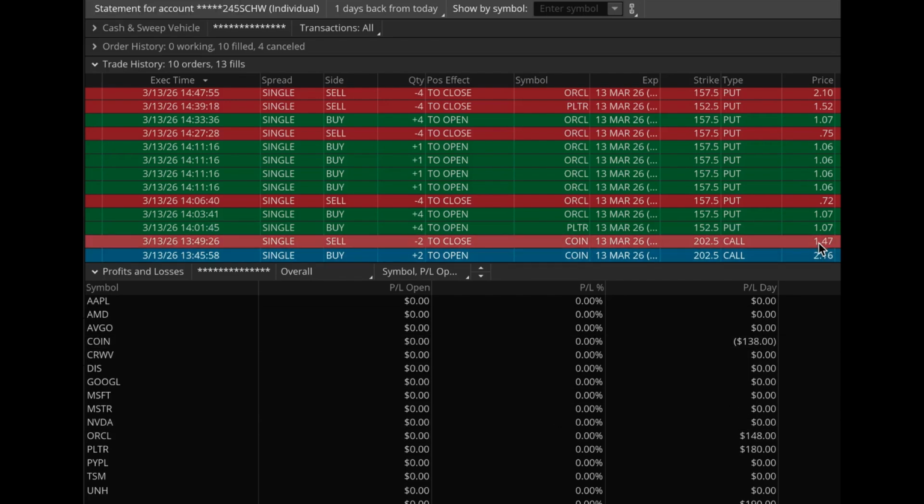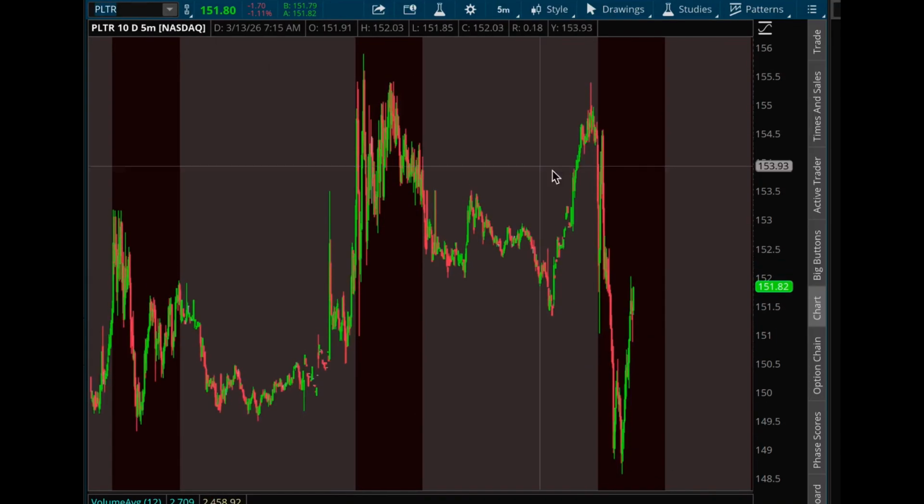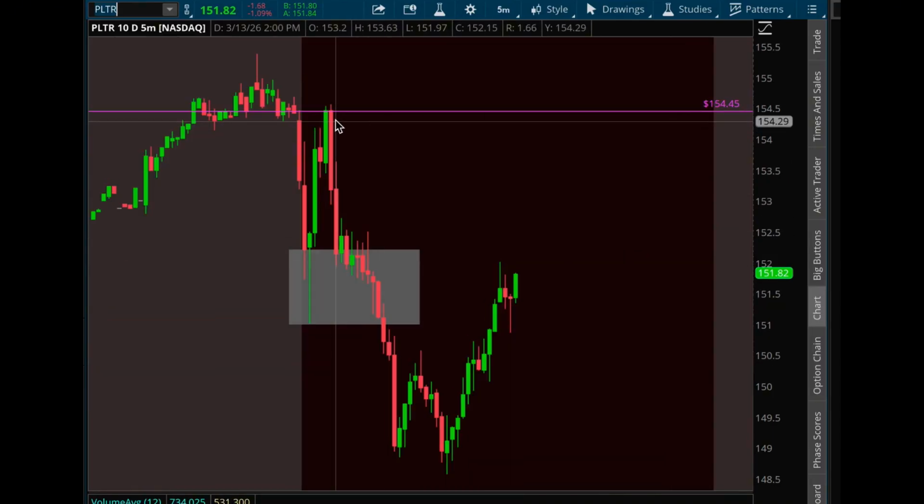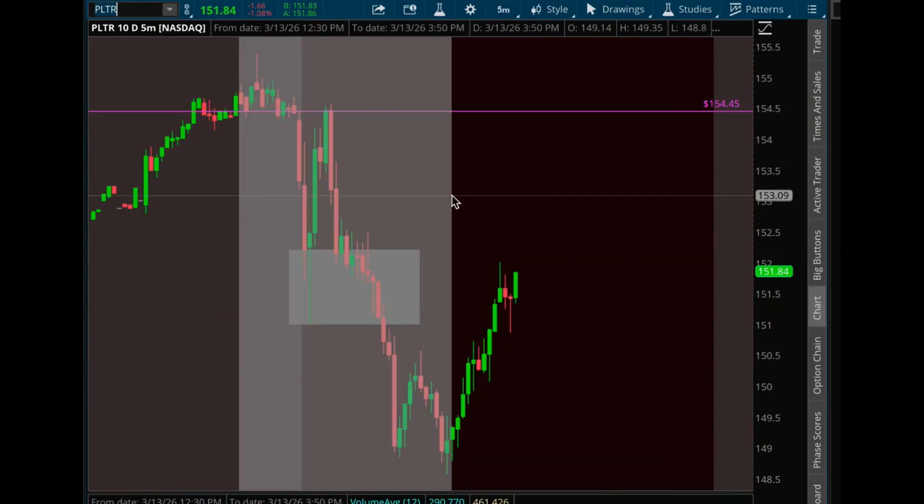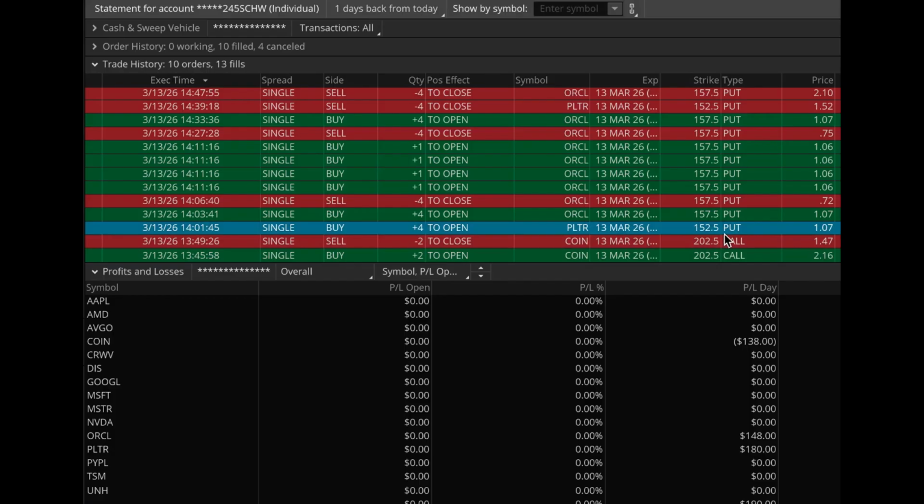So entered at 216 and exited at 147, and PLTR entered at 14:01. I had a key level which it rejected quite heavily here, and at this point I waited for a pullback, and then as we continued to break down towards and broke this previous candle's low, I entered with puts. So I entered 152.5 puts for 1.07 and purchased 4 contracts at 14:01, and I actually sold PLTR up here